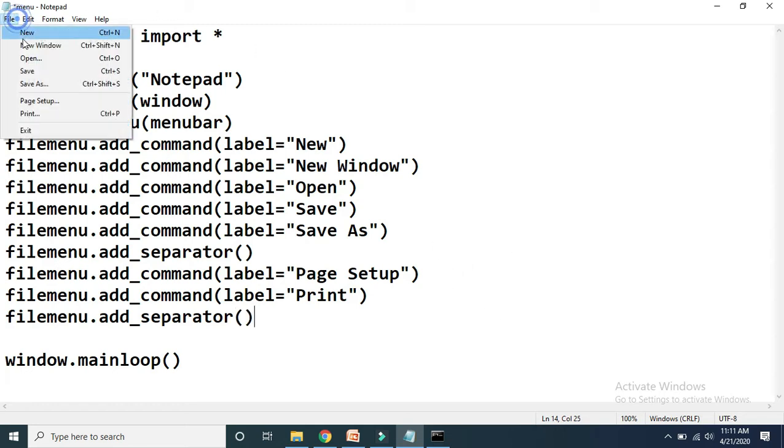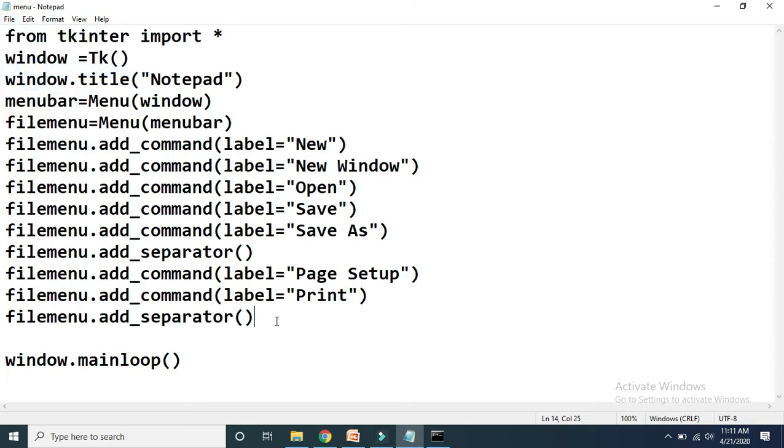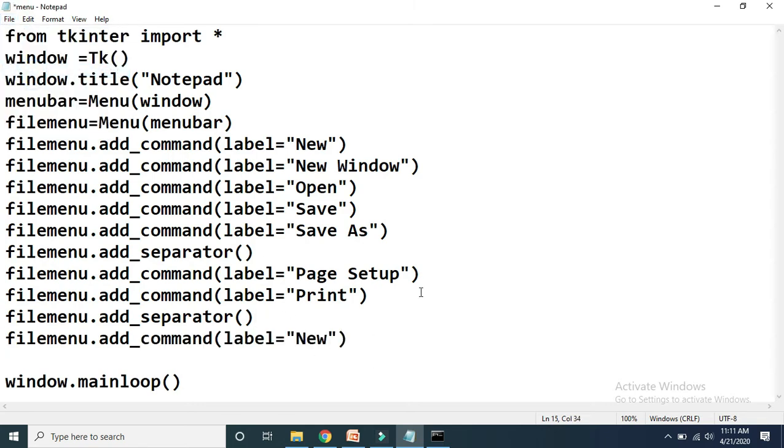Okay, let me save this particular code, and then finally there is exit. So this is the code which is related with this menu bar and the first menu, file, and its sub menus like new window, open, save as, and so on.